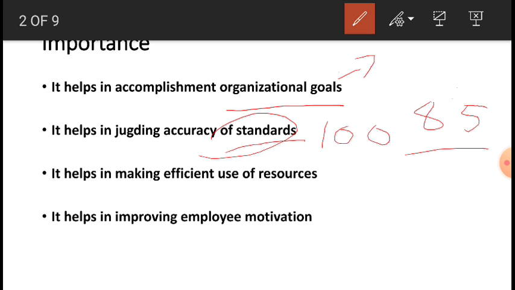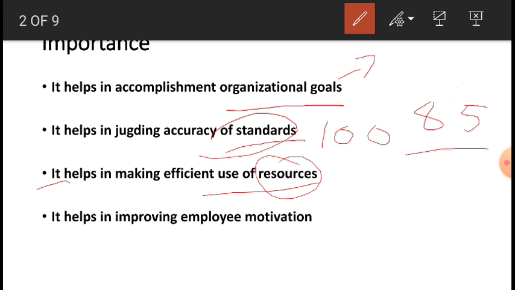Next one, it helps in making efficient use of resources. Controlling helps in making efficient use of resources. Resources can be money, employees, or time. If there is good control, it helps you reduce wastage, maybe waste of time, waste of money, waste of other natural resources. So controlling helps to reduce wastage and spoilage of resources. You don't have to explain much to students, just 2 lines is enough